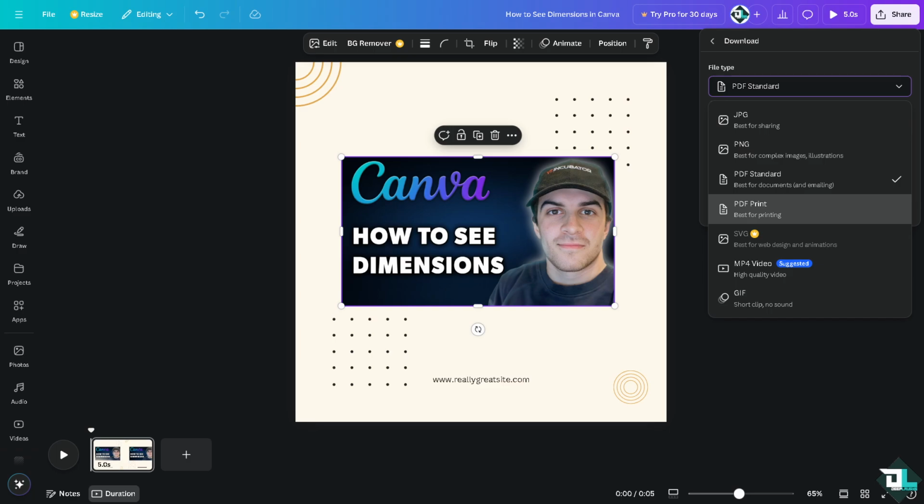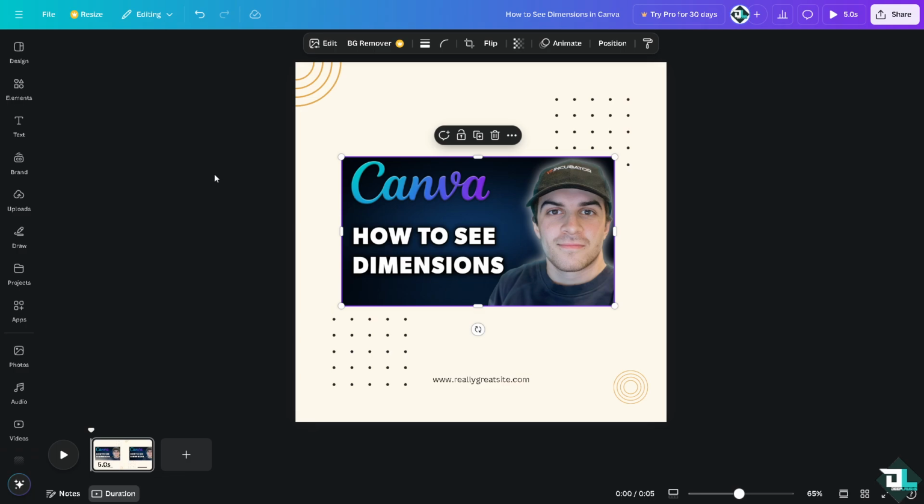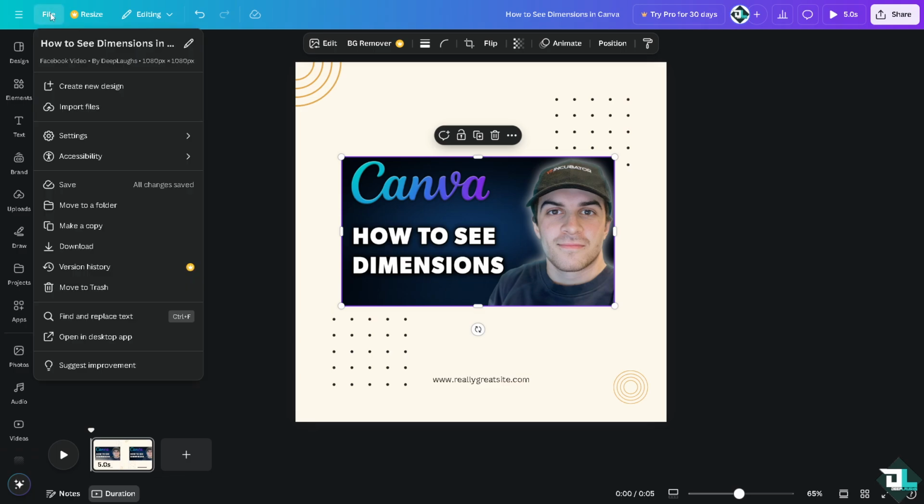All right, now of course it's very easy to check the dimensions in Canva to ensure your designs meet the intended requirements for quality and consistency. It doesn't matter if you're using the Canva Pro or the Canva free